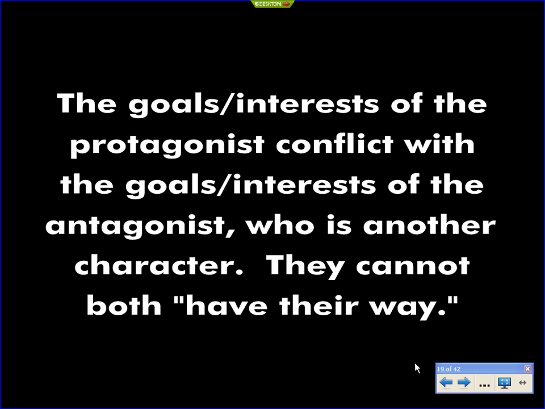Do you see how the goals or interests of Rainsford, staying alive, are conflicting with Zaroff's interest, killing him? They can't both have their way. Rainsford cannot escape the island and make himself happy, and also allow Zaroff to kill him and make Zaroff happy. That's conflict. But here's what I want to caution you on, and this is why I decided to specify Robbie's definition. It's really difficult to write about, oh, Rainsford and Zaroff have a conflict, unless you understand what precisely that conflict is.